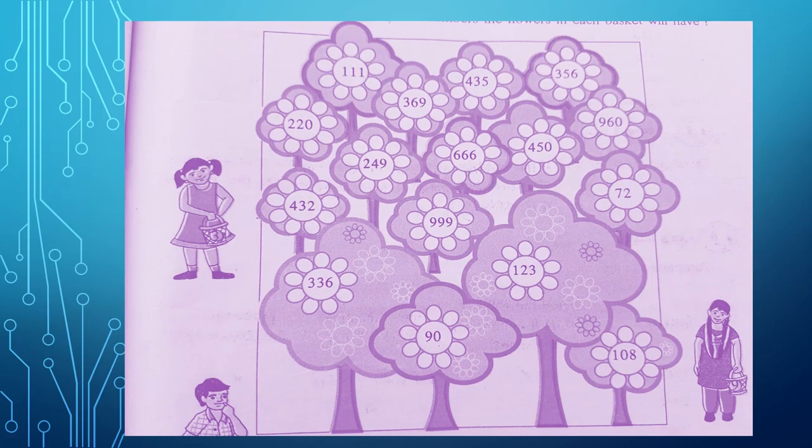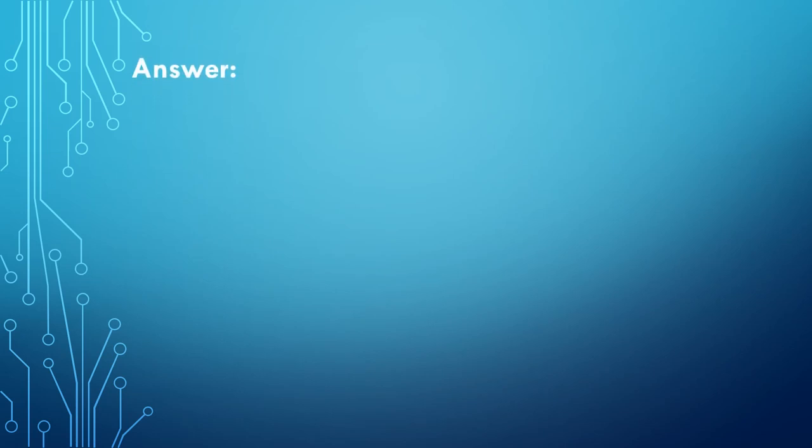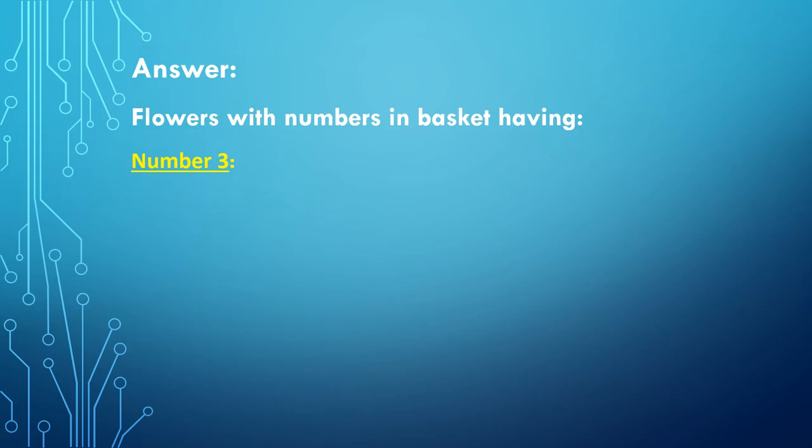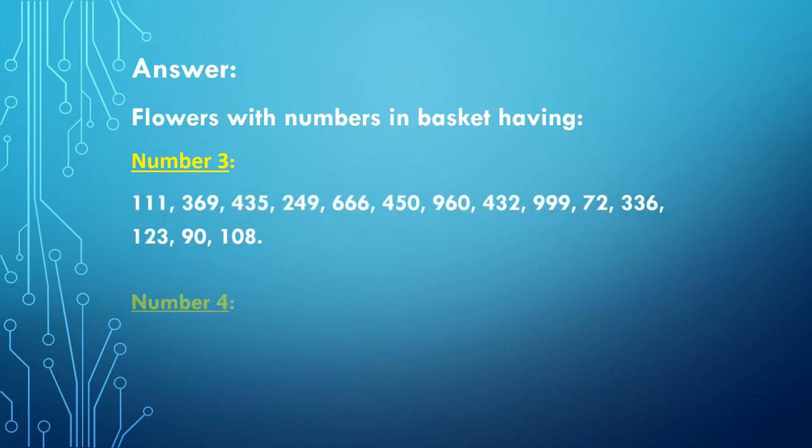Here, you can see the picture where 3 children have a basket in their hand. On the tree there are flowers which have some numbers. So you have to check using the divisibility test. Answer: flowers with numbers in the basket having number 3,